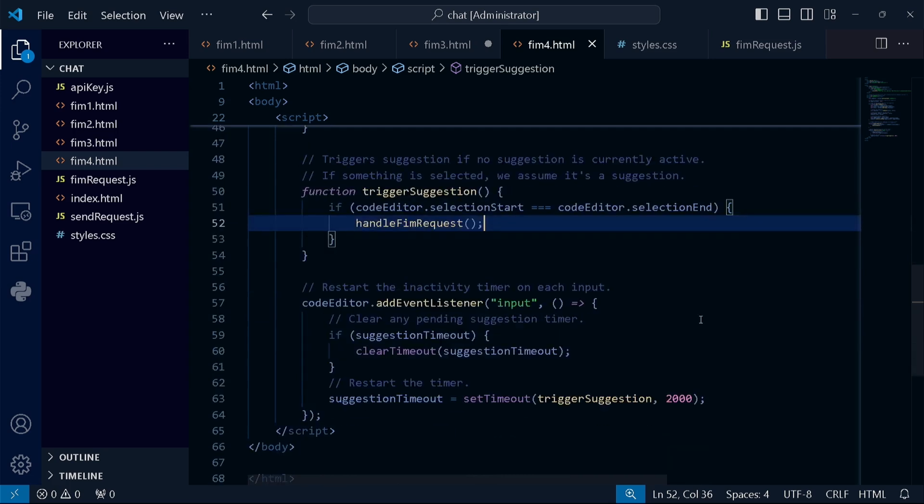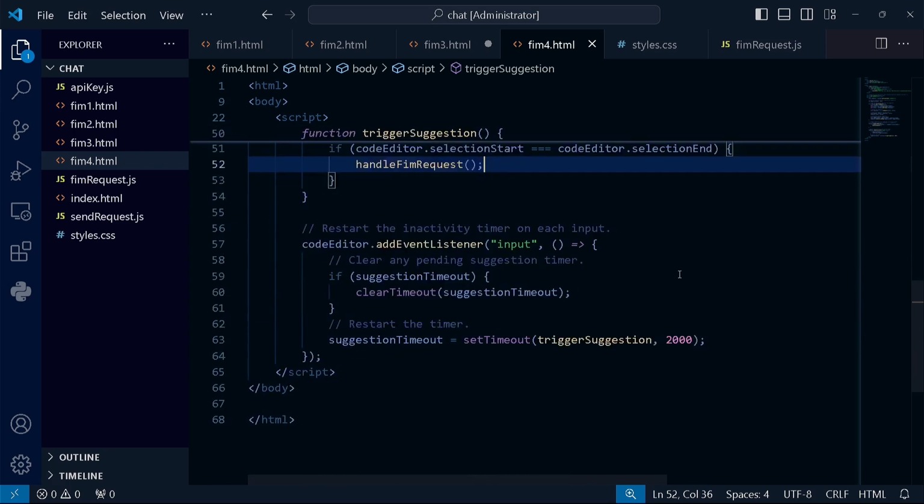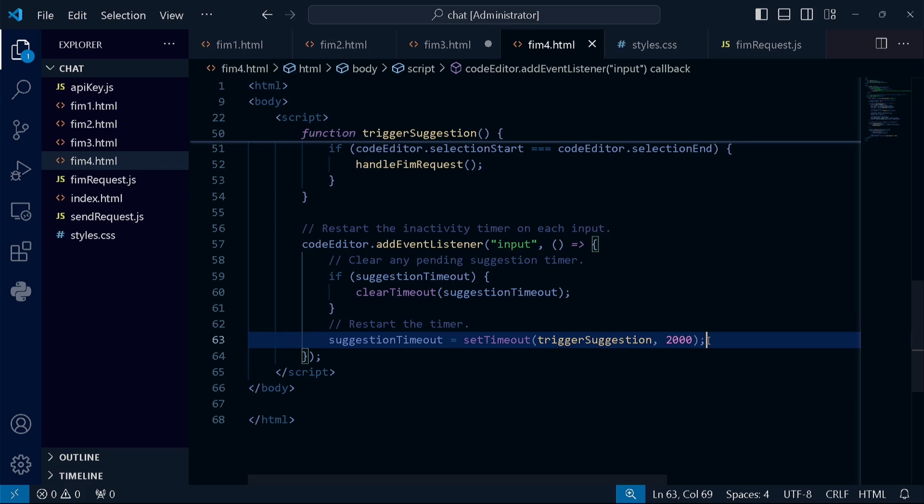At the very end, we have an event listener that completes everything. The moment the user starts typing anything, we first clear the setTimeout to avoid triggering suggestions and set a new timeout for 2 seconds. As a result, the new suggestion will be retrieved after another 2 seconds, unless the user presses something earlier. And that's really all that's needed. However, let's see if it works and how it works.